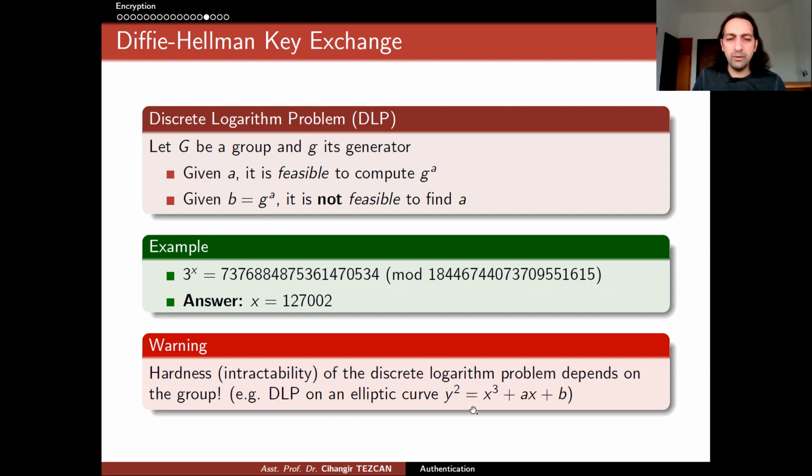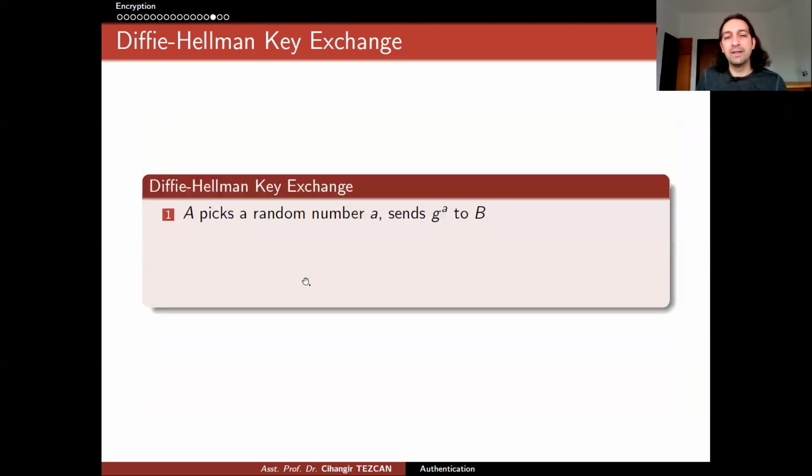So if you're interested, you can see how elliptic curve cryptography works. But we won't go into detail. But just assume that the discrete logarithm problem is hard to solve, because with this assumption, now we can perform Diffie-Hellman Key Exchange. So it works like this. A and B want to exchange a key. In our scenario, you and I want to exchange a key so that we can use Zoom in an encrypted way. So my Zoom client actually does this.